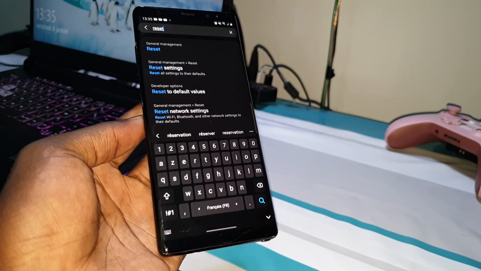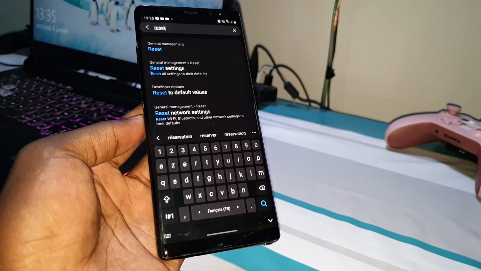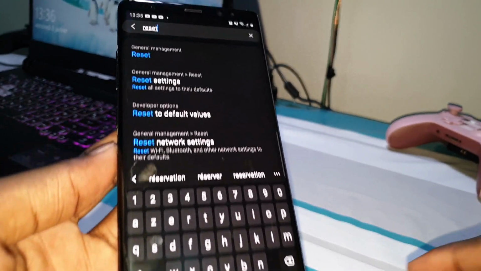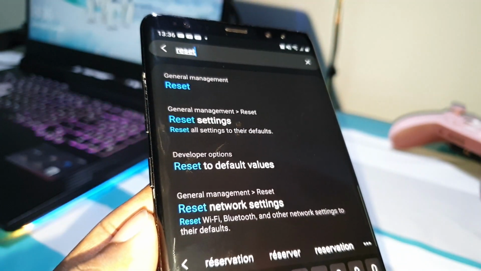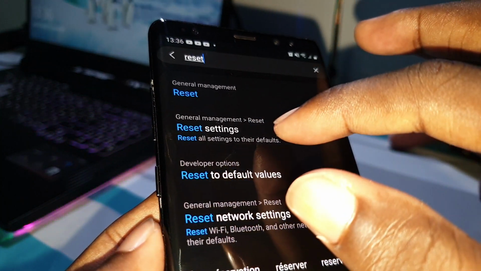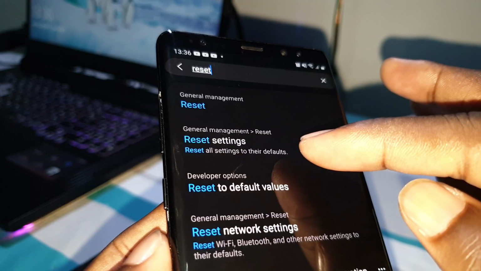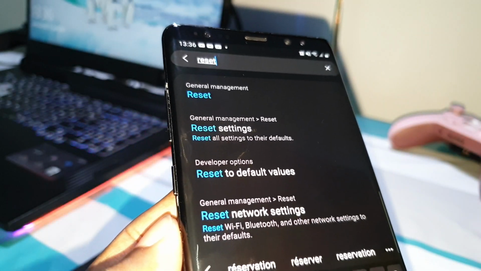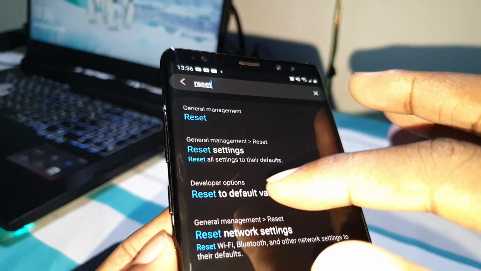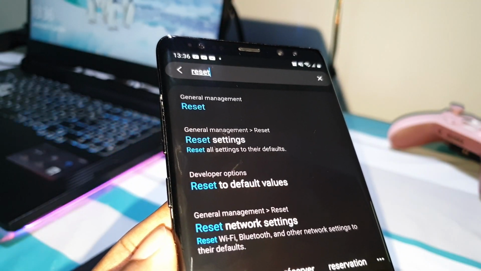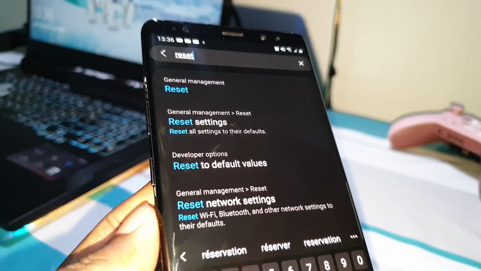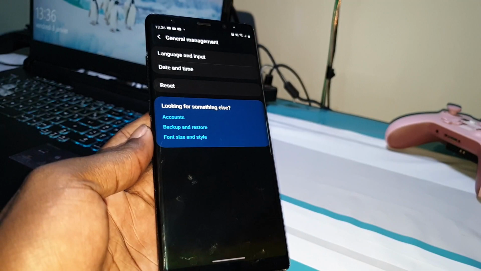Wonderful. Now look at this list. You can see reset. You also have reset settings, reset all settings to their default values. Now click on reset.